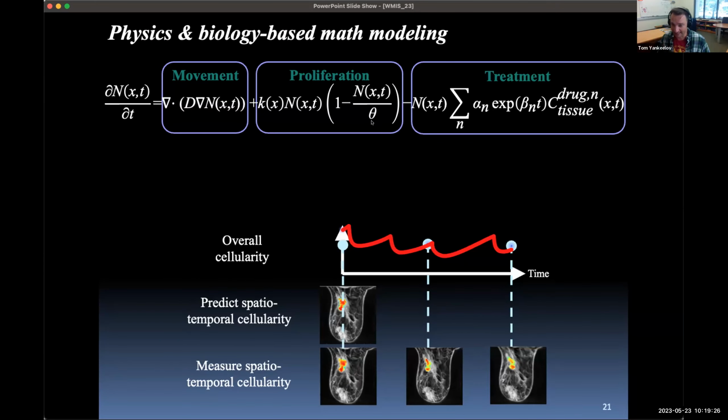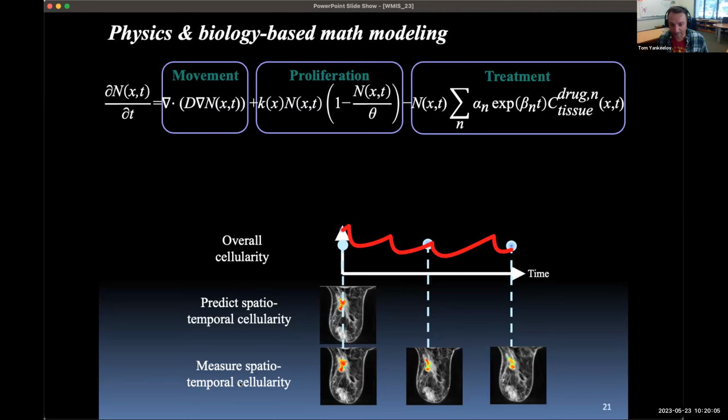Our carrying capacity is easy to assign because we know the voxel dimensions and we have an estimate of the distribution of cell sizes. So we know the maximum number of cells that we can physically cram into a pixel, a voxel. And then our next first order approximation is the drug concentration right here. We're going to get that estimate from our DCE data. So to first approximation, where the contrast agent gets is going to tell us how our drug is going to get there. And that actually works pretty well for the small molecule chemotherapies, perhaps less so with the targeted antibodies that you might see for like HER2 positive cancer or whatever.